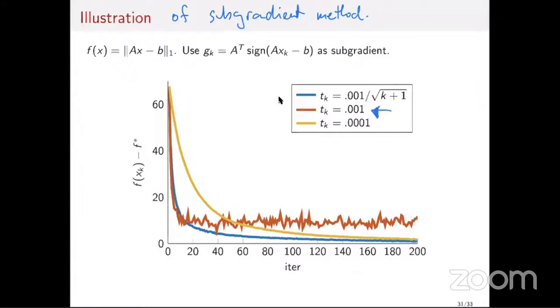I mean, there is a way. Among all subgradients, there is one that's going to be a descent direction. But this involves doing another optimization, which itself is hard. So this is not typically done. This is not something that we typically do.